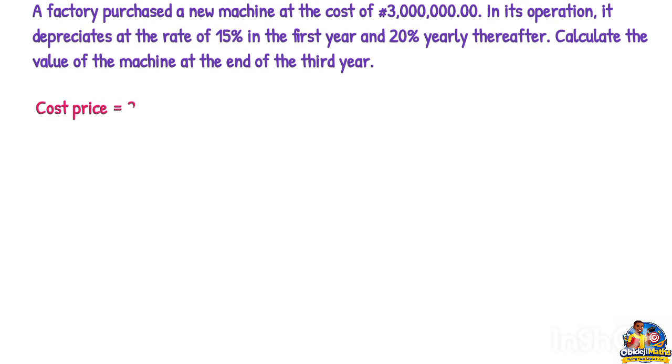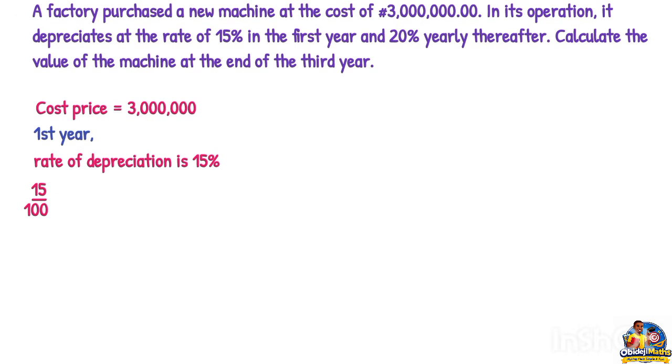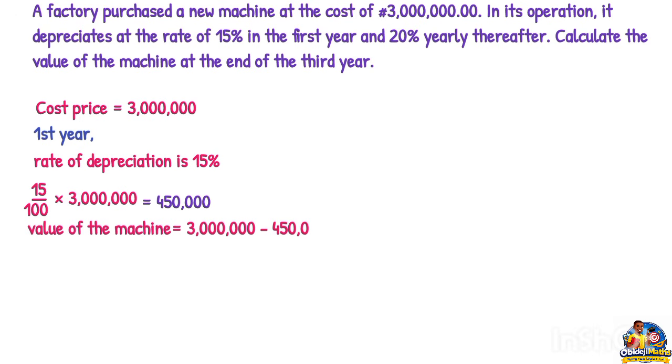Now, when the man was using the machine, the machine depreciated in the first year at the rate of 15%. So we need to find 15% of the cost price, that's the rate of depreciation. So 15 over 100 multiplied by 3 million naira. Do your calculation. You are going to have 450,000 naira as the amount that has depreciated. So we are going to remove that amount from the cost price to know the current value of the machine. So 3 million minus 450,000 will give us